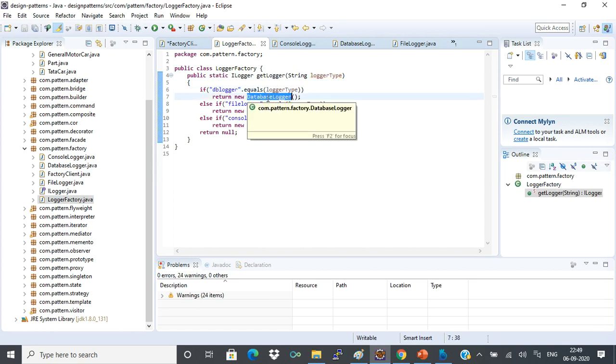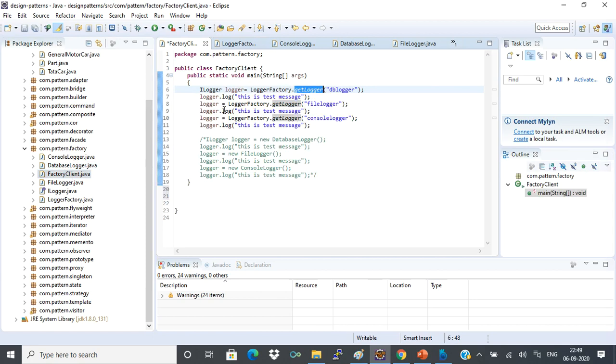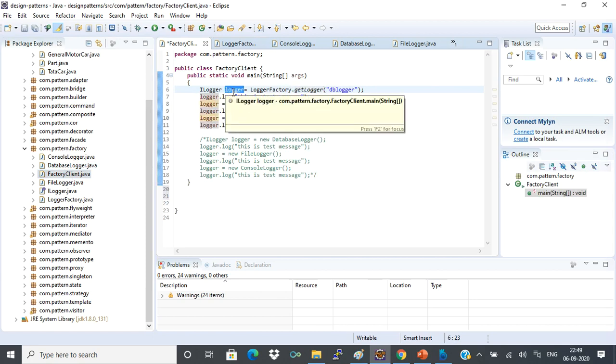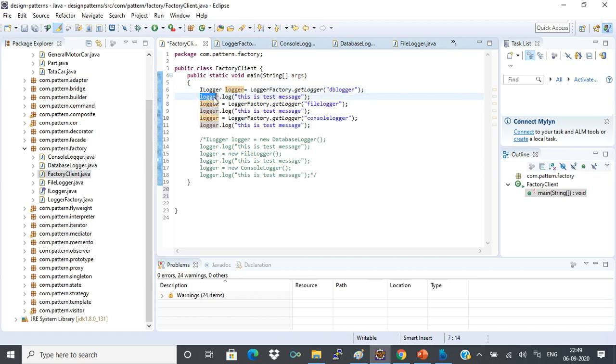Yes, I'm returning database logger. So now I'm getting a database logger object in this logger reference. The actual object is a database logger. So when I say logger.log, this log method belongs to the database logger.